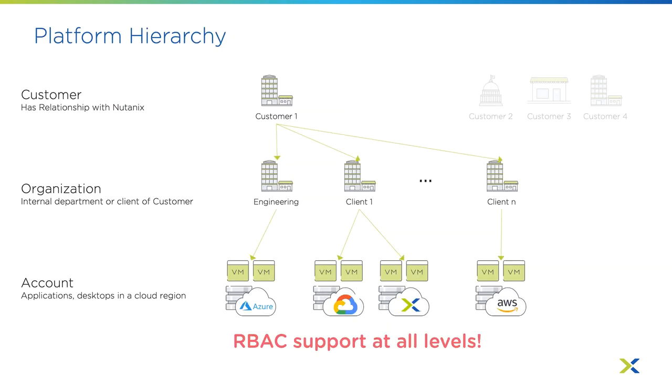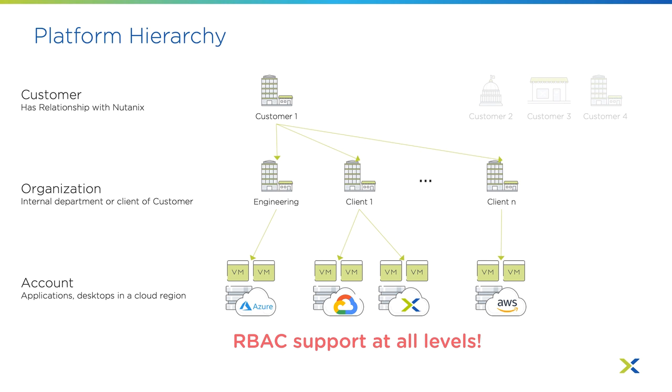When you set up your Frame subscription via my.nutanix.com, you have access to your customer entity. This is the top level in the hierarchy. The second level within the hierarchy is the organization level, which is located under the customer entity. The Frame account is located under organization, and different identity providers and different roles can be used within these three